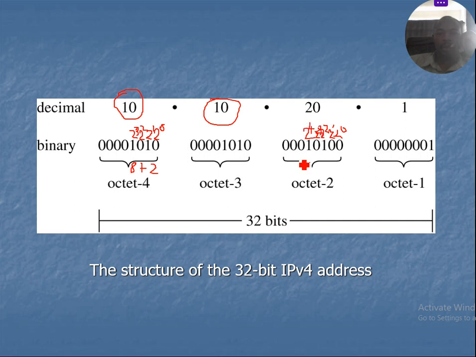So let's evaluate. These will be 0 because anything multiplied by 0 is 0. So you see this one, 2 to the power of 4 is 16. 16 multiplied by 1 is 16. So we write 16 here. Plus